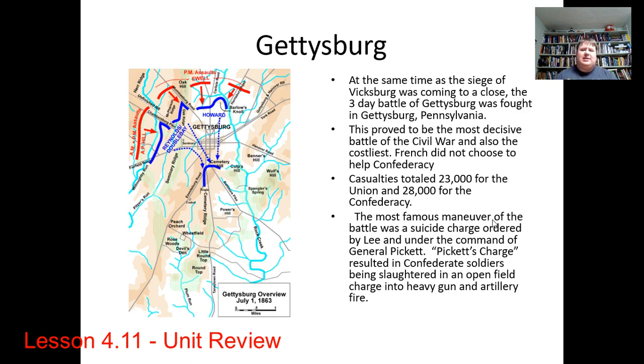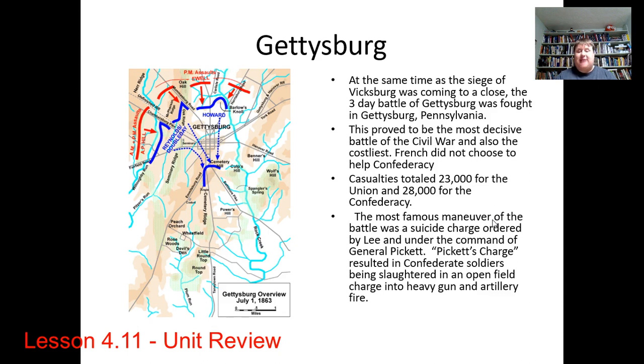Gettysburg is the bloodiest three-day battle. Antietam is the bloodiest single-day battle. And it's where General Lee tries to invade the North and take the fight to the North. He figures, we've done all this fighting in the South. Let's go fight in the North a little bit and tear their land up a little bit. Maybe the people will get tired of seeing it, and they'll force their leaders in the North to just give up. It was a bloody, bloody battle.